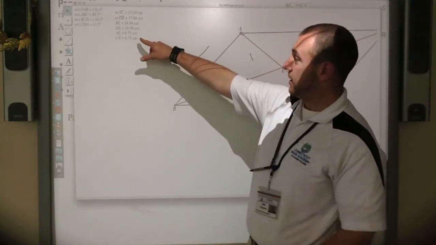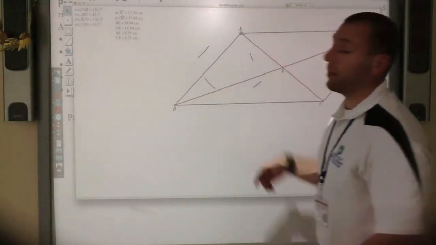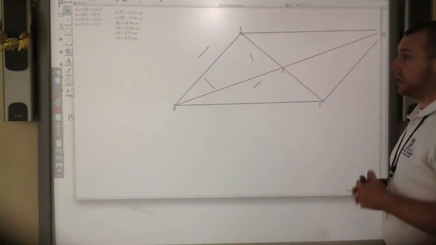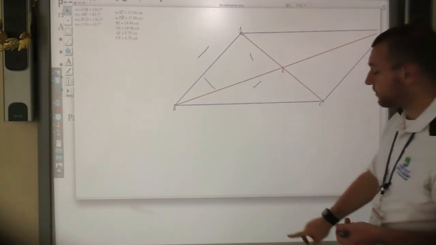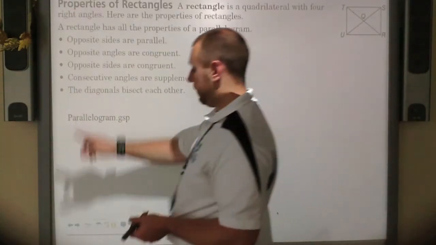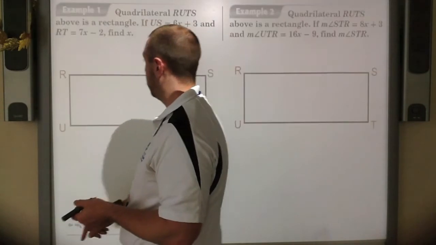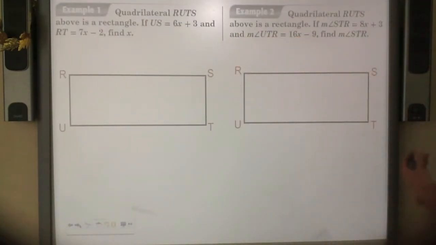But the minute that I make this into a parallelogram, they still bisect each other. Each part is equal, but they're not equal to each other. And that is the biggest difference between a rectangle and a parallelogram. So, if we move on to our examples,